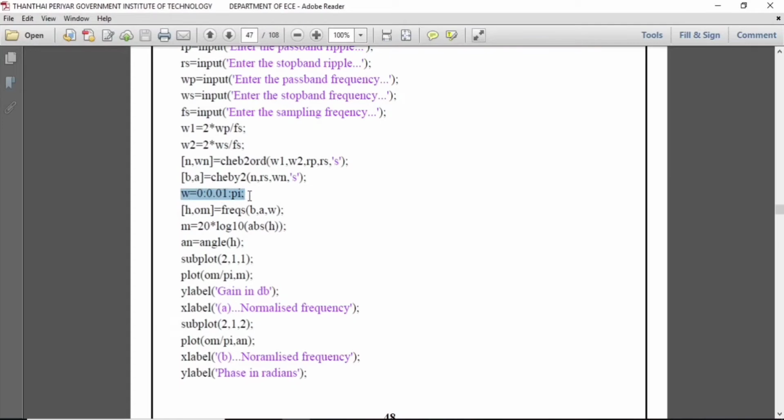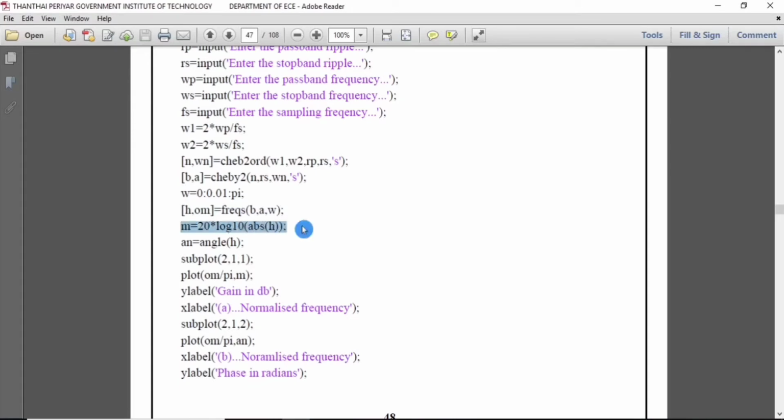W = 0:0.01:pi is the range of our frequency. And then next, [h, w] = freqz(b, a, w), which returns the n-point frequency response vector h and the corresponding angular frequency vector w for the digital filters.